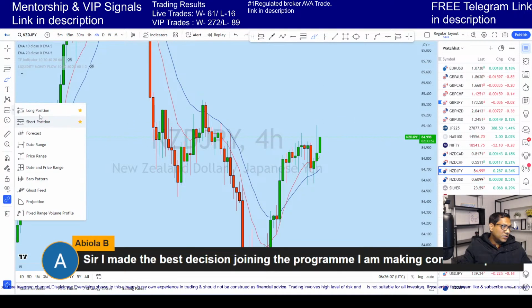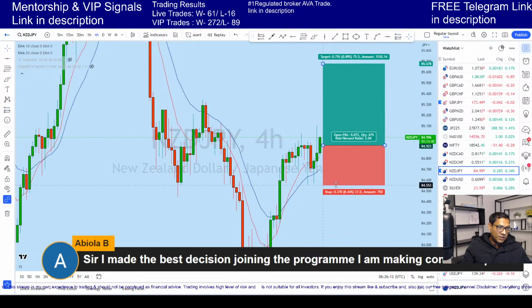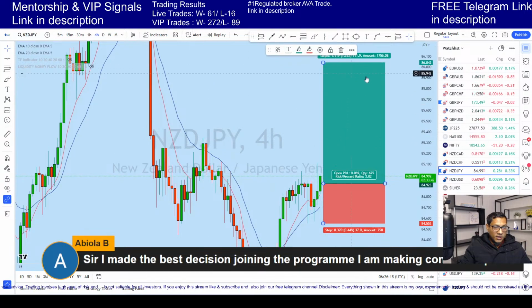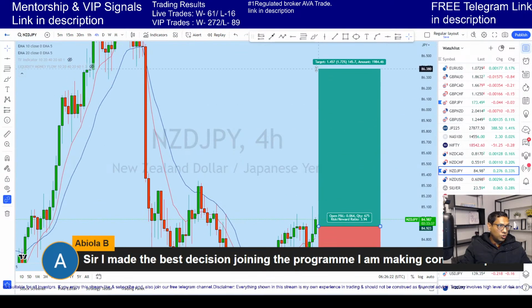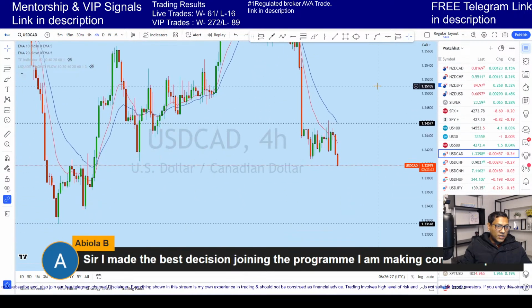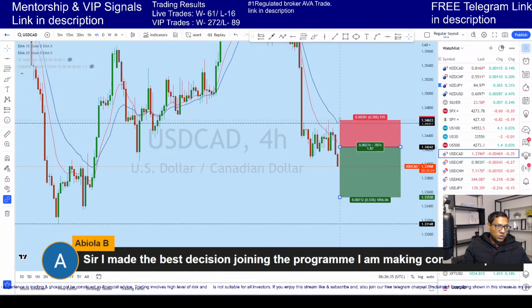You have seen our USDJPY trade that we opened around this area exactly like that, and we have 3-to-1 risk to reward on this one. TP1 is here, and the rest is there, I think 4-to-1 on this one. I'll show you that. And Dollar CAD is also moving in the direction. The Dollar CAD trade that we opened yesterday at 22, with the stop loss along the zone, is 2-to-1 reward to risk.